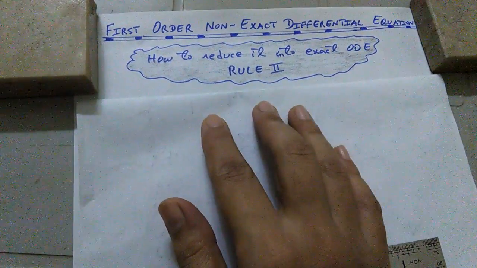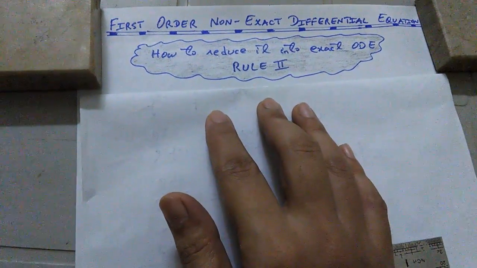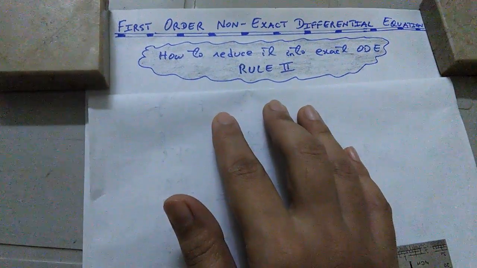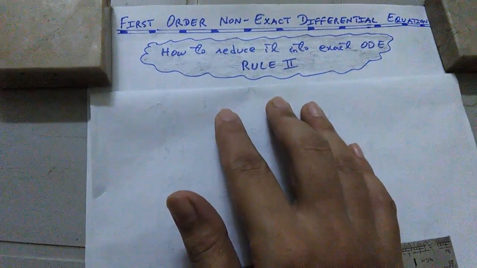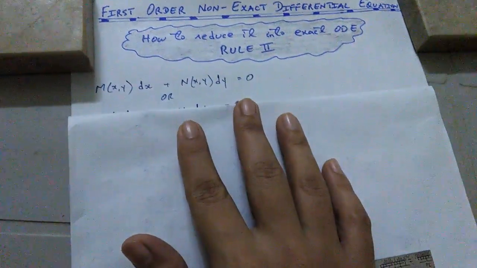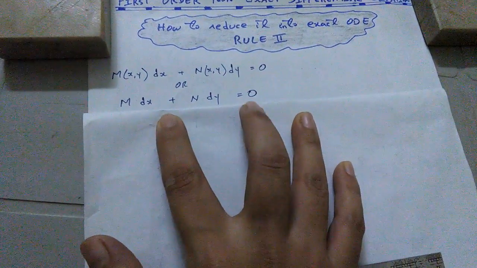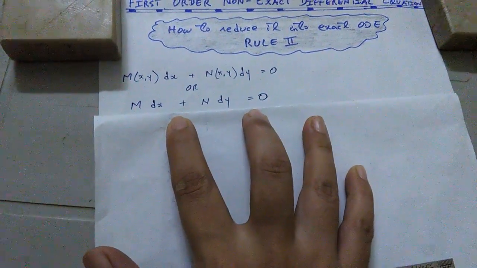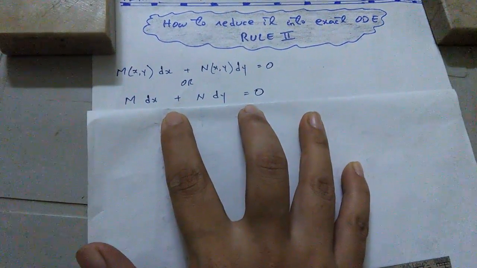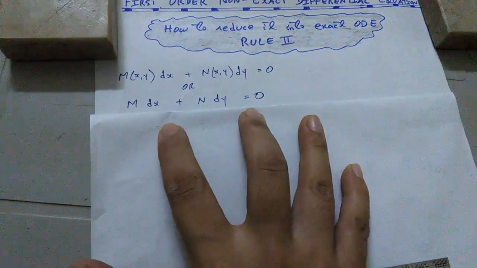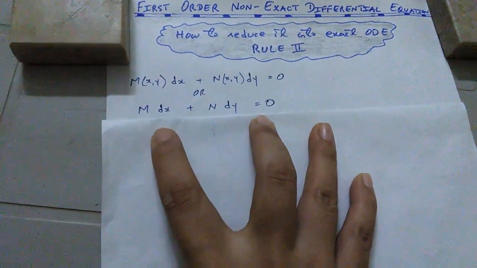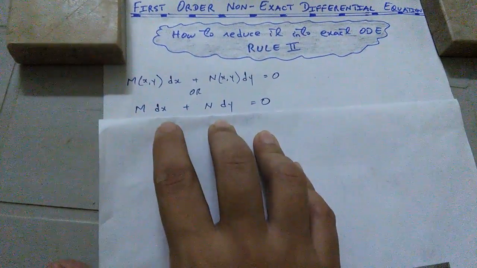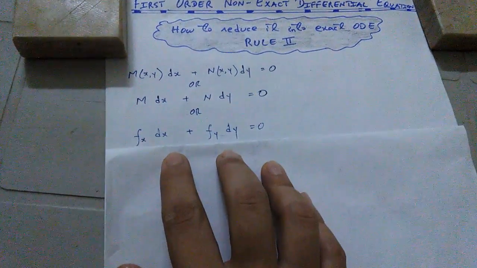Those who have already watched my previous videos know that we have studied quite deeply how an exact ODE of first order looks like. It looks something like this. We know that quite well, and we know how to evaluate this differential equation and obtain the solution in the form of a function. But suppose m is the partial derivative of the function f with respect to x,